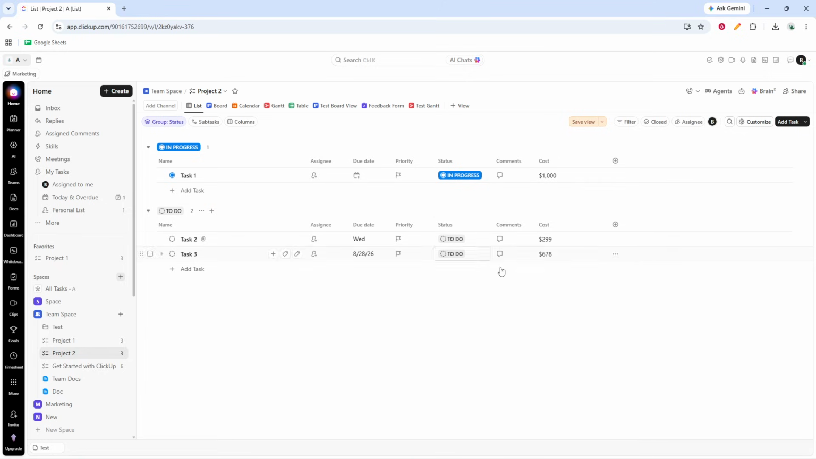work. And that's it. You've successfully added a currency symbol in ClickUp and can now start entering money values in